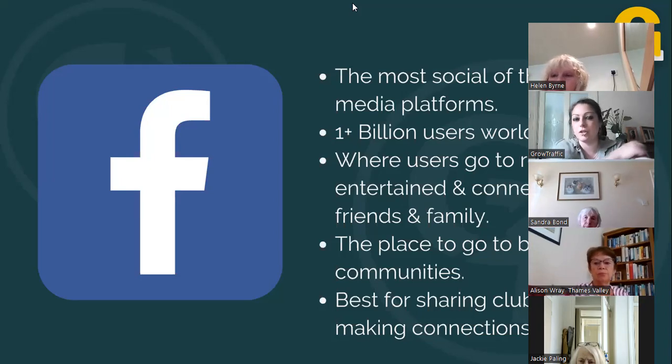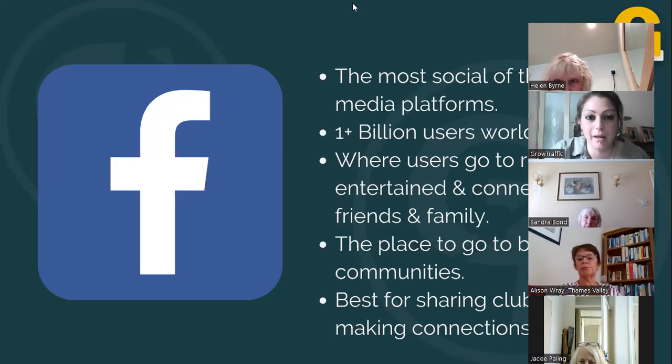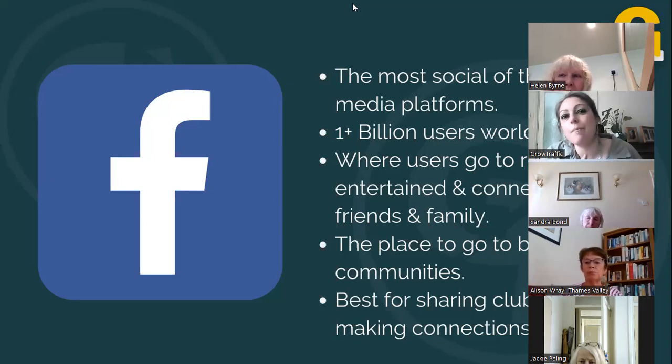Because again, one of the things you've got to remember about social media networks is they only make money off you if you are on their platform. If you are on YouTube, Facebook doesn't make money off that. Facebook makes money if you're on Facebook because it's collecting your data, finding out information about you, selling that data onto other people, and showing you adverts. Because of that, it wants you to stay there, and it wants you to help keep other people there.